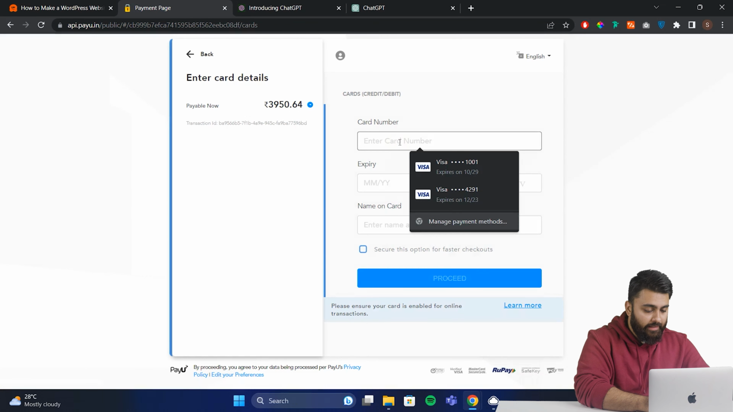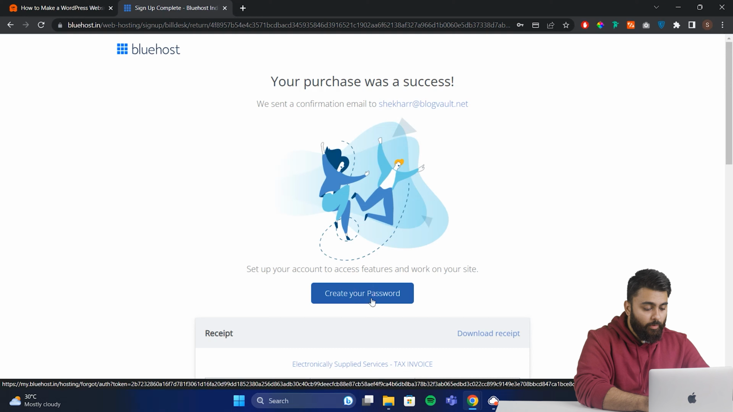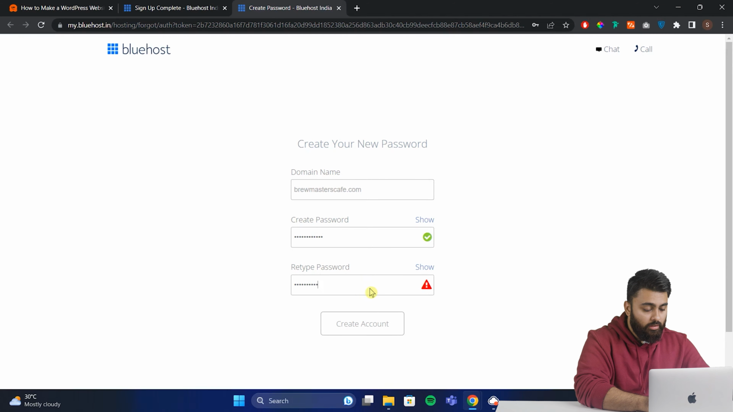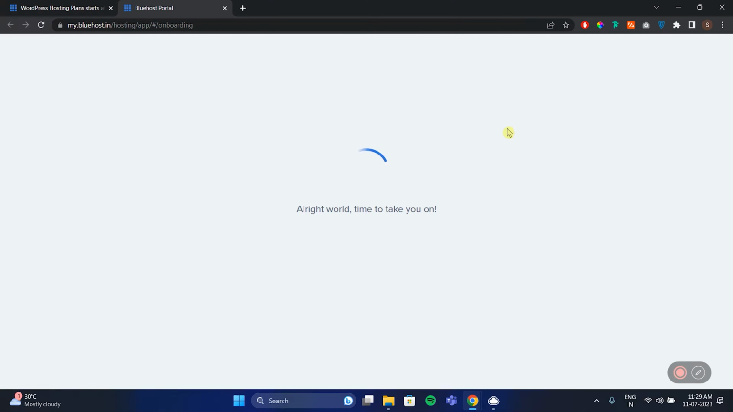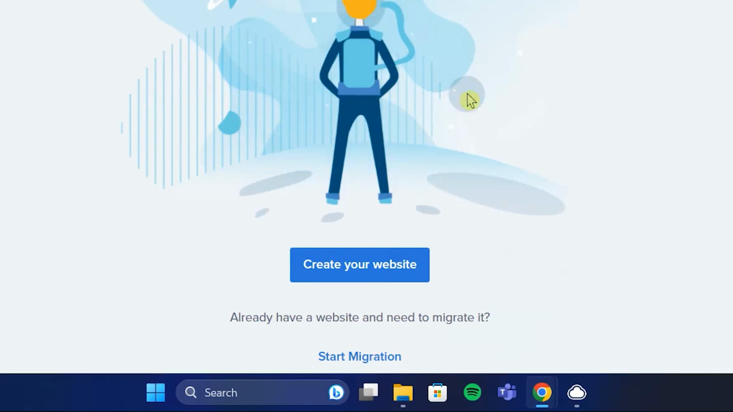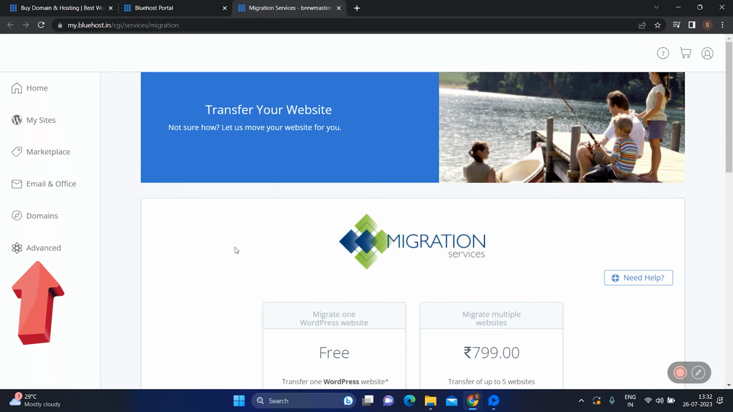Finally, enter your payment details. After your purchase, you'll be prompted to create a password for your account. Once you click Submit, they'll send you an email to log into your hosting area. Now log into Bluehost, and you'll see the option to create a new site or migrate a site. Click on Migrate Website. Click here,